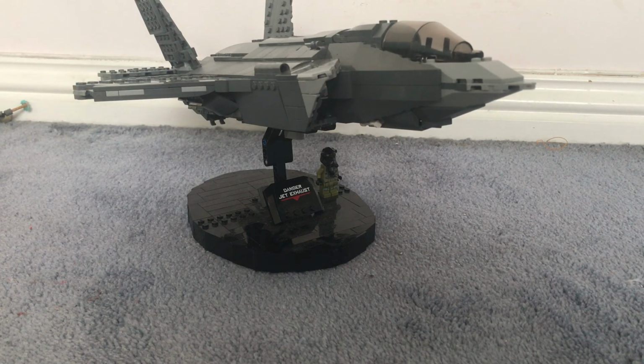So this is my Lego design for an F-35. I've been working on it for over a year now, and I've been constantly tweaking it. It's been extremely hard because, as well as having to get the right shape for the F-35, I've also had to consider the functionality that I want it to have. So I'll show you all that soon, but I'll just start off with a few of the smaller things, such